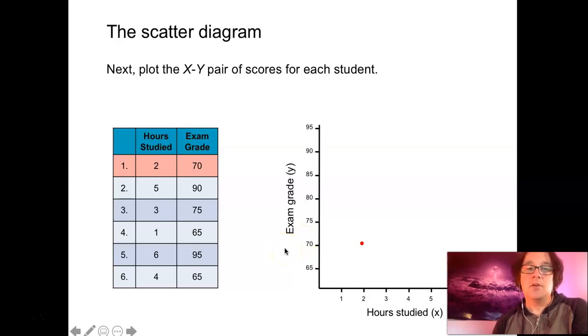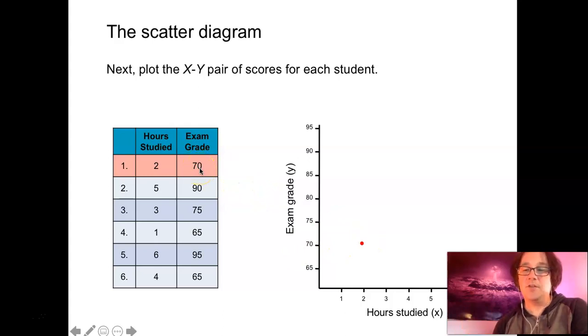Okay, so we know this person here studied for 2 hours on the x-axis, and they scored 70. So we'll go over to 2 and go up to 70, and this data point represents that